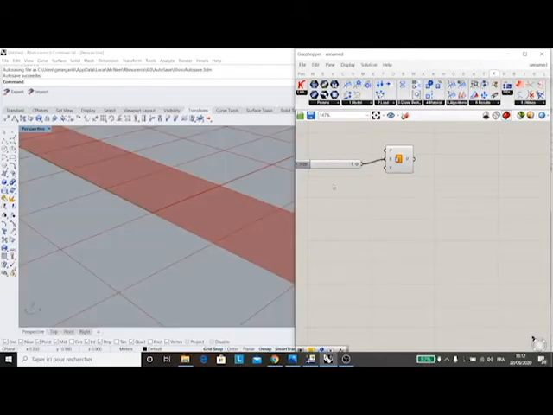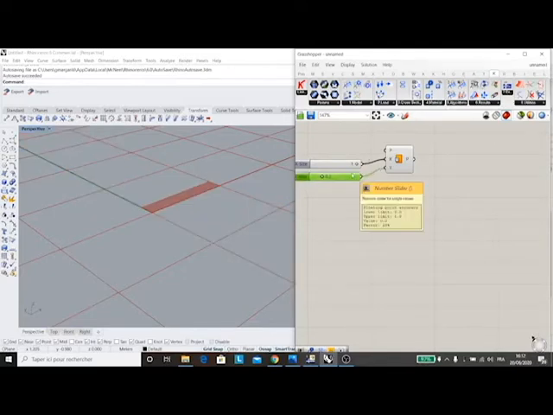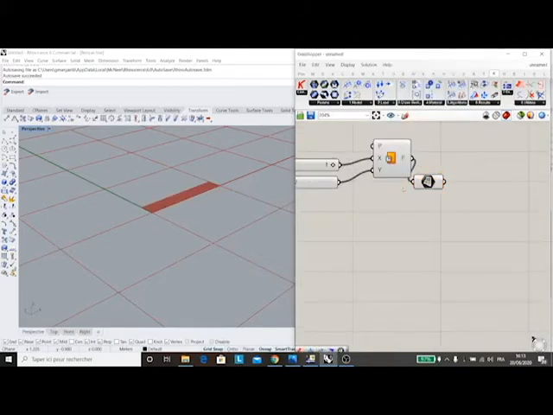that is 1 meter long and 0.2 meters wide. So it makes a stripe. It's important to keep in mind that these values of length are in meters, because this is what Karamba understands as length units. So I will keep this surface like that